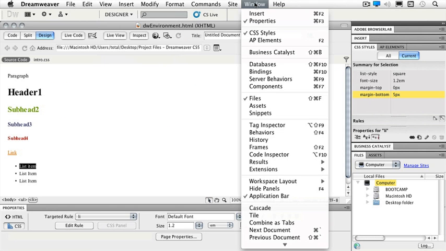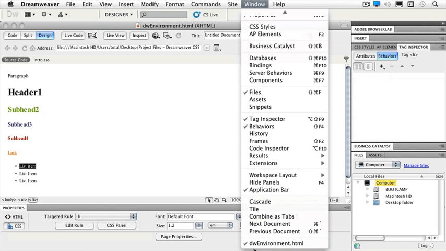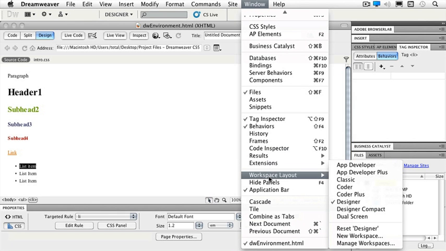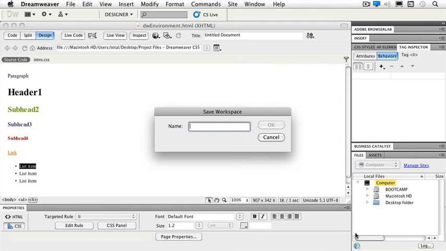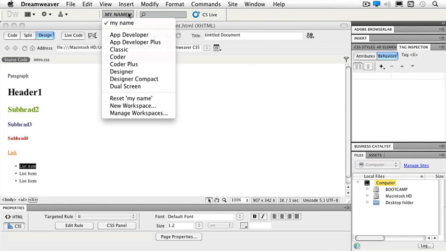If I take a look at my window menu, I have all of my panels available. So even ones that we have over there already have a check mark next to them. So for instance, if I'd like to see my behaviors, I can have that added over to my panels on the right-hand side. And if this is how I like to work, then I can come back up either to my window menu or where it says Designer at the moment. And I can pull down to Workspace Layout and New Workspace, and I can just name it. Say OK. And now the next time I make changes, this is available to me in my drop-down as the